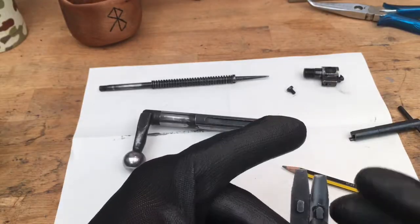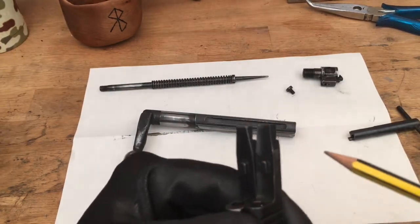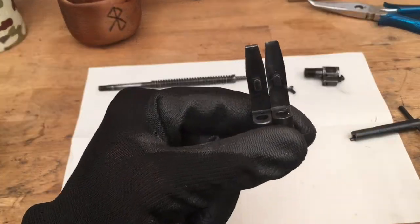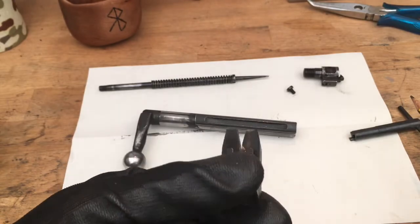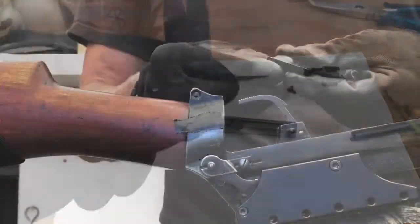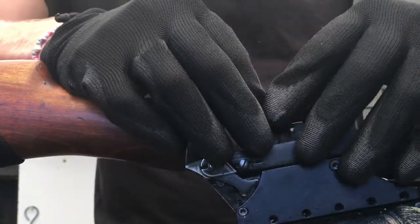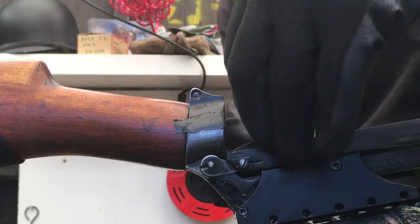And you can see here too, this one is round here, this is the old one, this one is flat. I will install the new one, and we will put the bolt back together. This one goes up to the cocking piece. Just gonna line it up like this,